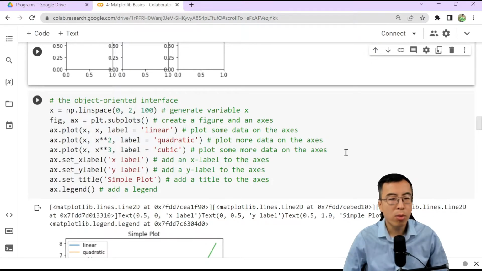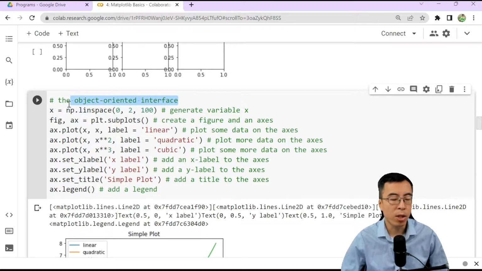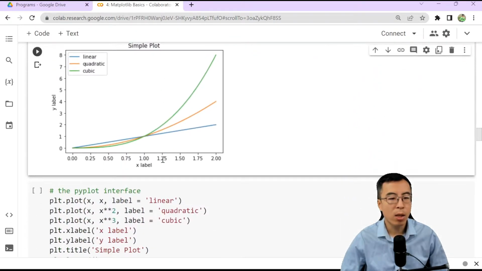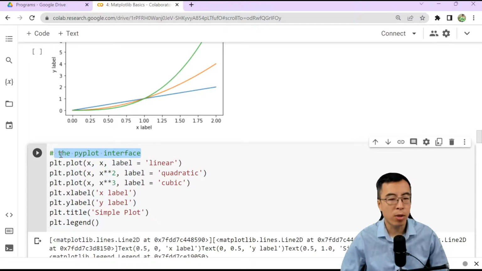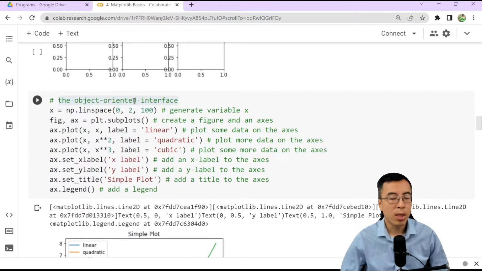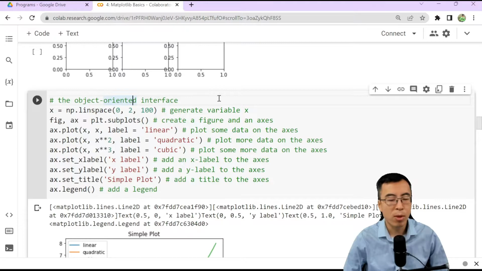There are 2 different approaches to create a figure with contents. The first way is called the object-oriented interface, and the second way is called the pyplot interface. The syntax differs to some extent, but it's more of a personal preference which way you want to create a figure with contents. I would say the object-oriented interface is possibly more Pythonic because, as you know, Python is